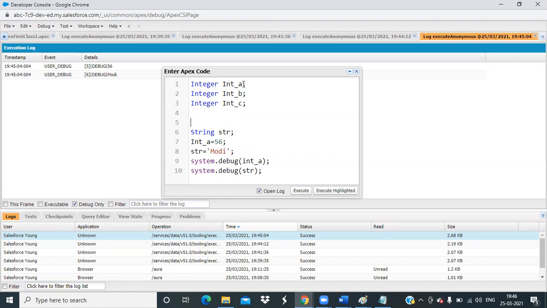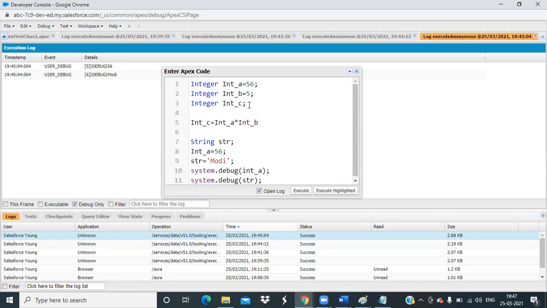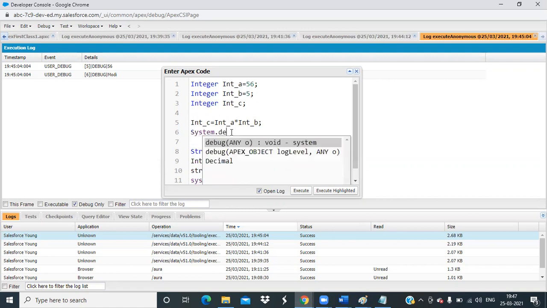So let's assign the values first. Int underscore c equals int underscore a multiply int underscore b. I will print it with system dot debug int underscore c.